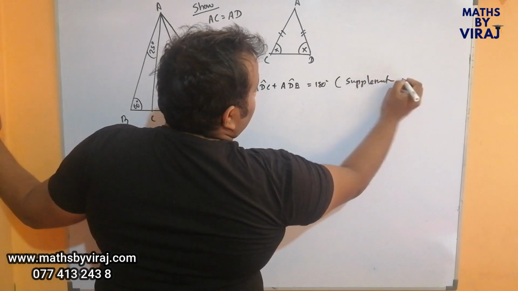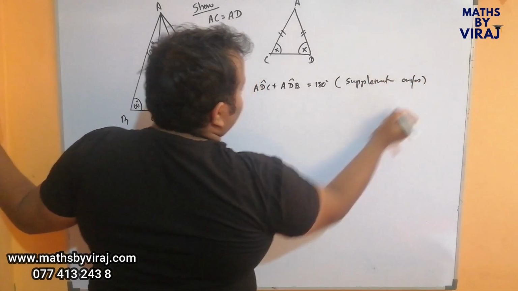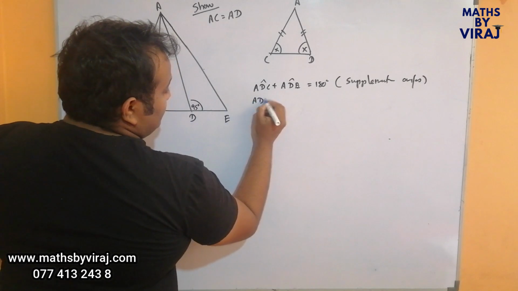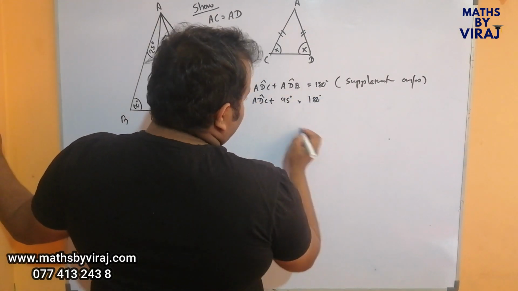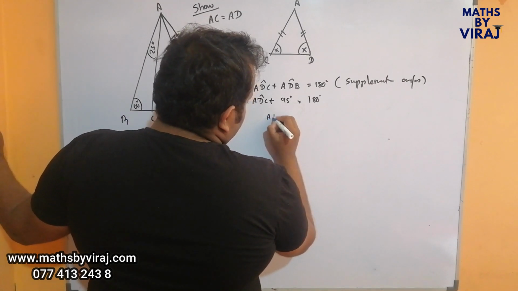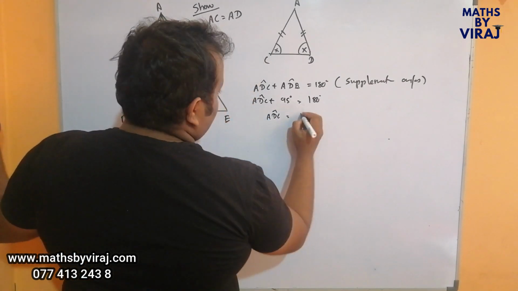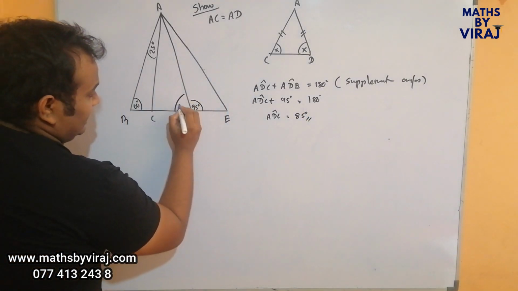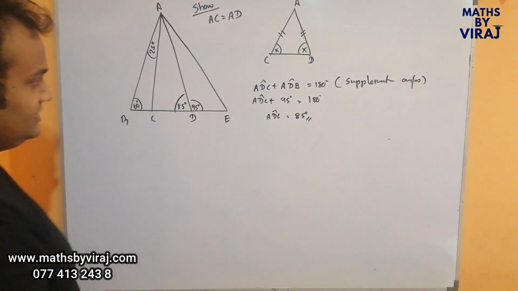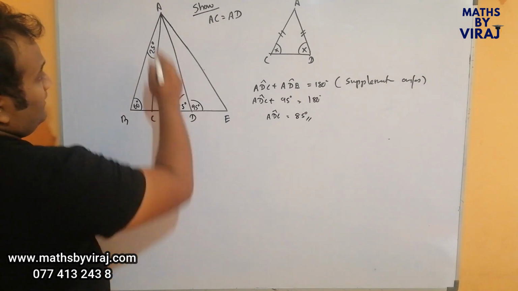Supplementary angles, that is ADC plus 95 is equal to 180. Therefore, ADC is equal to 85 degrees. Now we found that this particular angle is 85 degrees. Right. Now